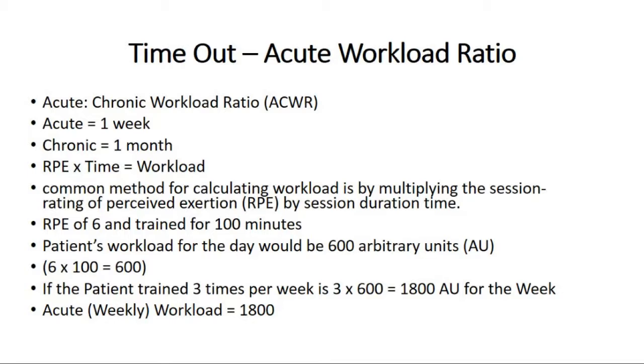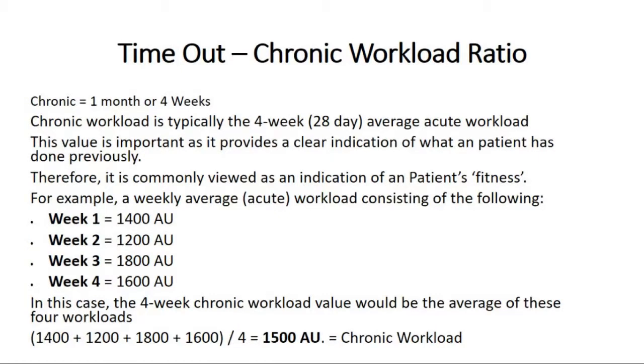Right, now we're going to work out our chronic workload. Our chronic workload means our monthly workload, which consists of 4 weeks or 28 days. Depending on how much time the individual had or how much workout they were doing, it can vary between 1,200 arbitrary units and 1,800 arbitrary units, which was the week that we just did. So we can see that we've got a fluctuation in our weeks there. What we want to do is add all these weeks up and then divide them by 4 so we get an average